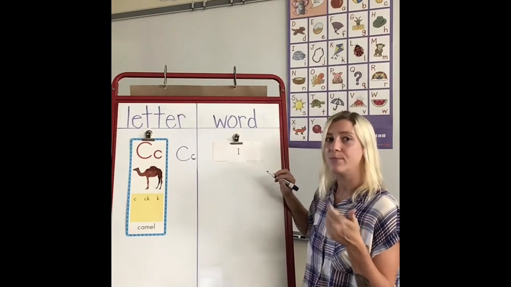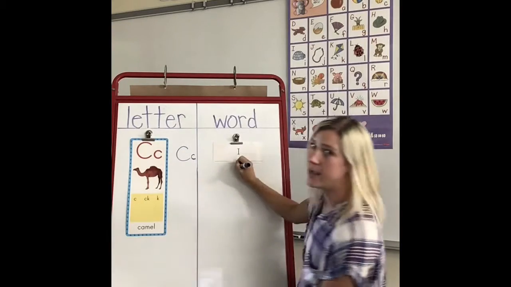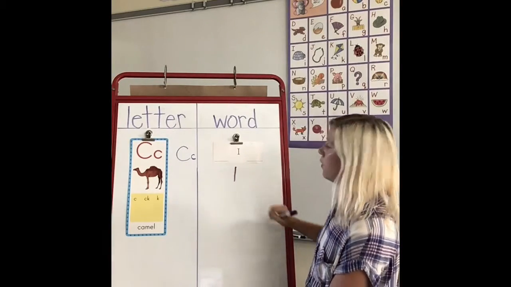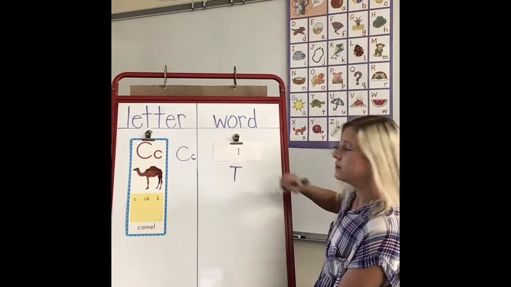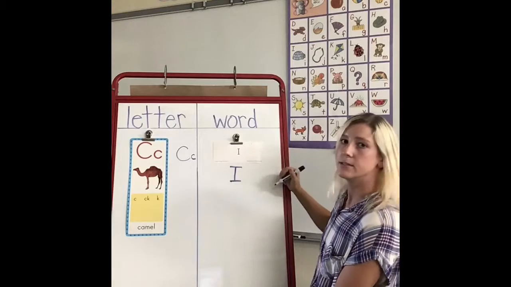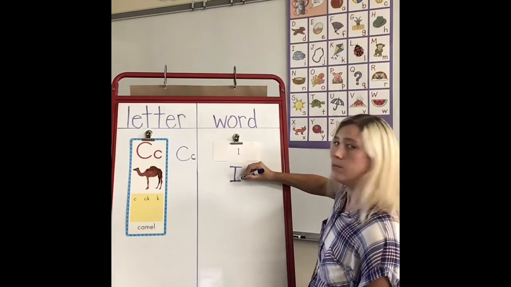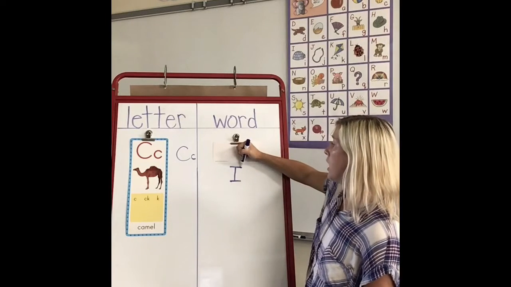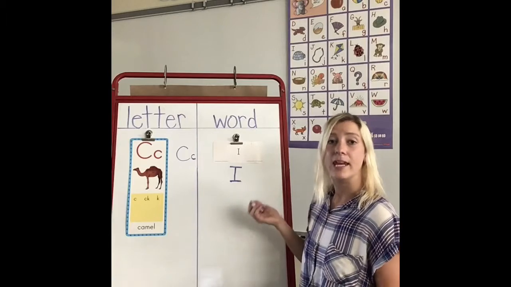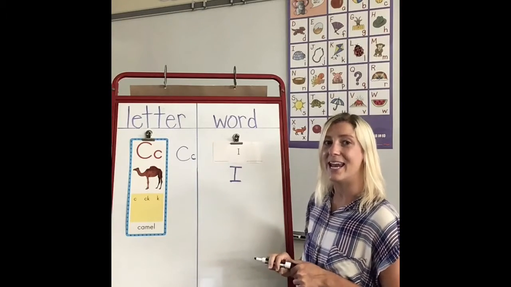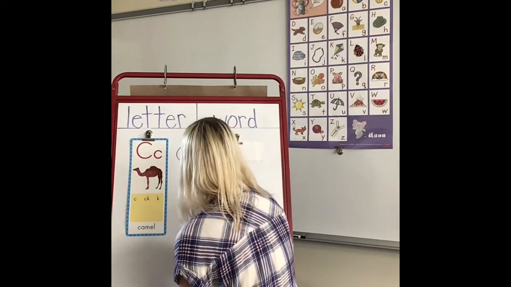Okay, we read it, we spelled it, now let's write it. I go down, across, across. That's 3 lines. We go down, across, across. That's the word I. Now let's write the word I in a whole sentence. I